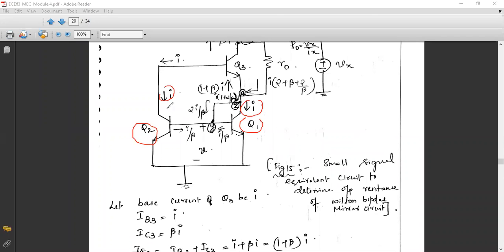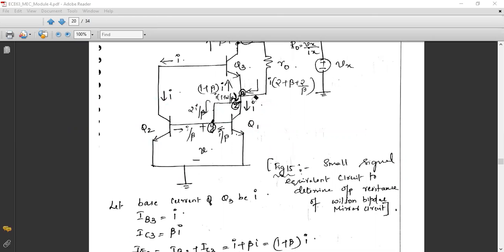By using circuit analysis, we will write the expression for each current, I mean the terminal currents, and accordingly we are going to mark them in the circuit diagram. So no need to memorize the currents. By KCL analysis, we are going to find the expression for current at each terminal, and thereafter we will mark it in our circuit diagram. Both transistors Q1 and Q2 are matched, and their collector current will be the same, which is given as I here. Clear?